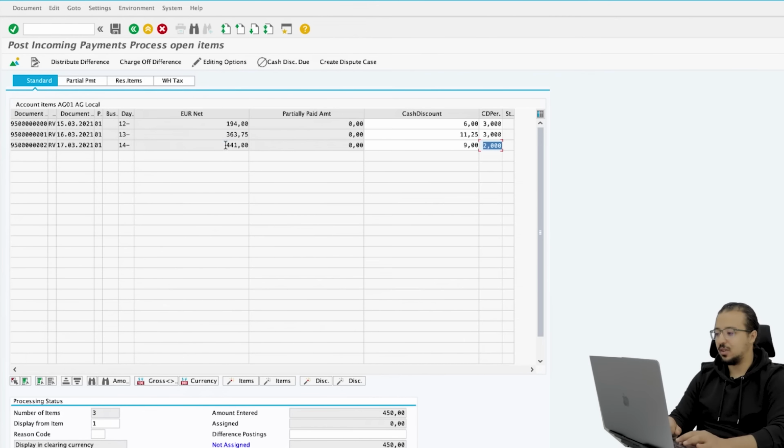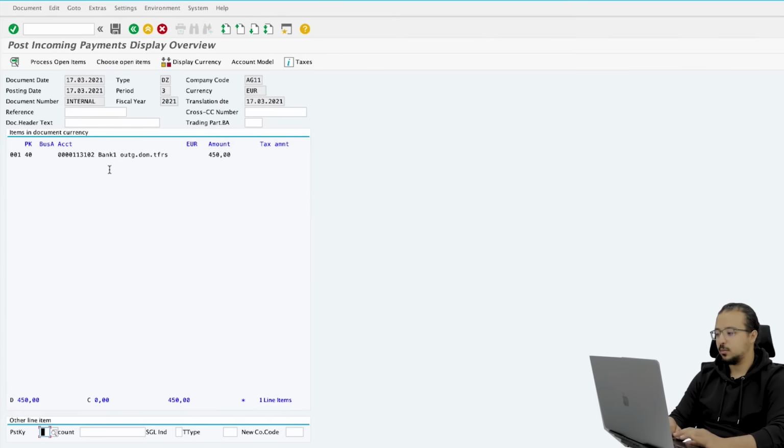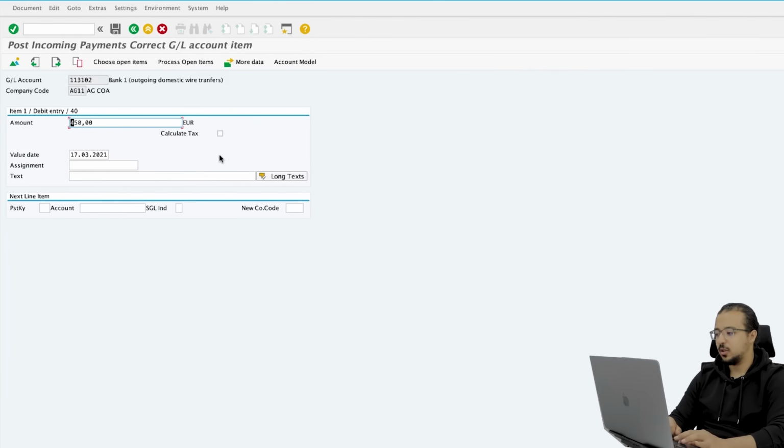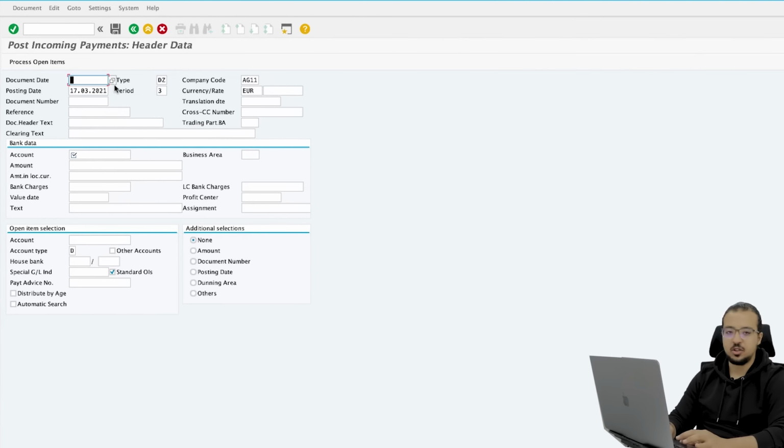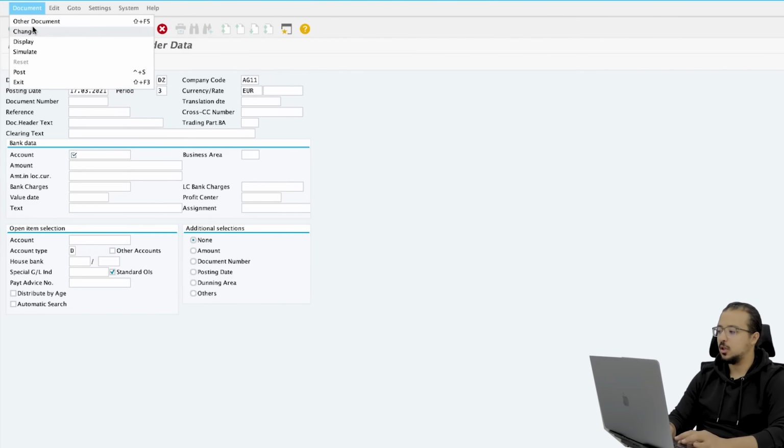So I'm going to activate this line, double click here, and then go to the overview. And I'm going to change the total amount I'm going to receive. So the total is 441. And then go back to process open items. So now we have all the value assigned, and then I'm going to post. To display the financial entry, go to document, display,